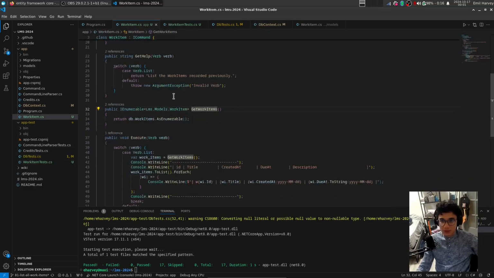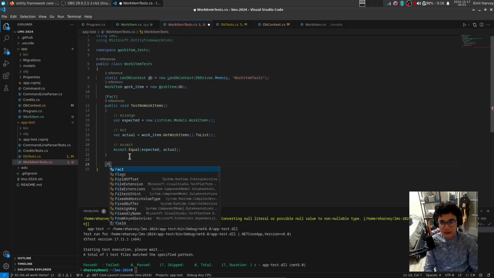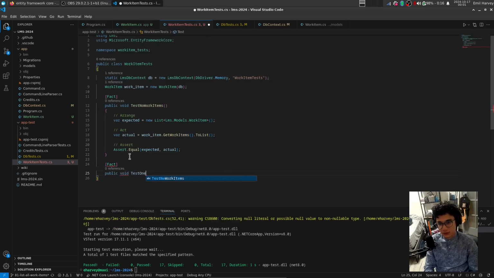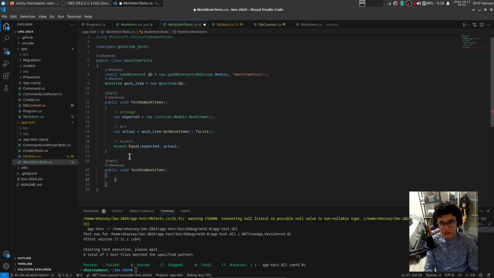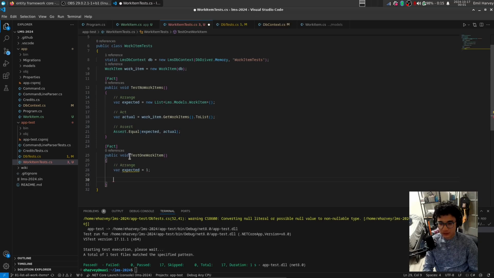Cool. Now the problem I do foresee is what happens when you add one work item and then two work items. Range are expected. I'm just going to say this is 1, so we will just check the length this time. At work item